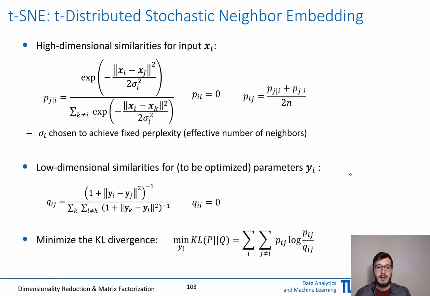But okay, back to t-SNE. So basically what we did is we defined a distribution over all pairs of data points in high dimensional space. We defined a similar distribution between pairs of data points in low dimensional space. And in the low dimensional space, this distribution is parameterized by these parameters yi, which are the coordinates of the data points. And now, given these two distributions, we try to make them as similar as possible, and we measure the similarity or dissimilarity in terms of the KL divergence. So we're minimizing the KL divergence with respect to yi,